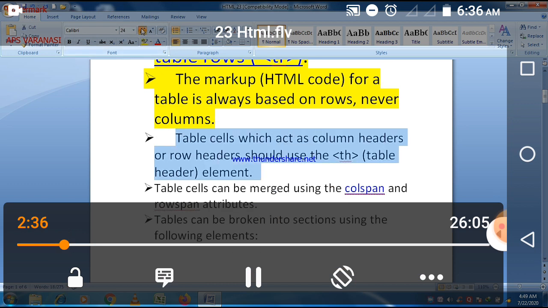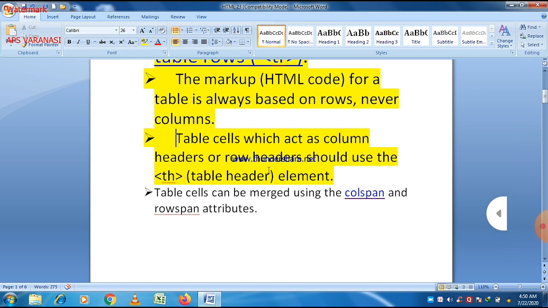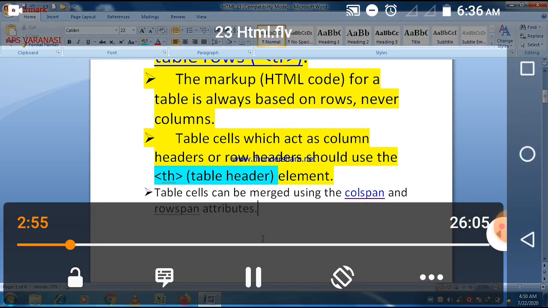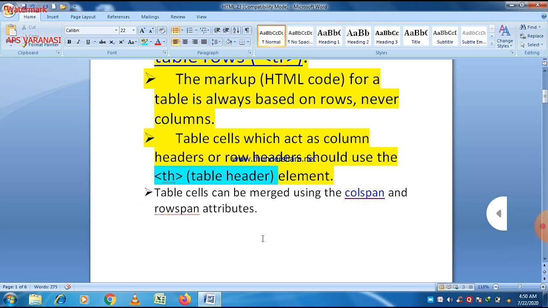Next, table cells act as column headers. We use the th table header element, and within the table if you want to put a heading, a column name, then we use the th table header element. And to merge different cells, we use colspan and rowspan, which we'll discuss in our next video.